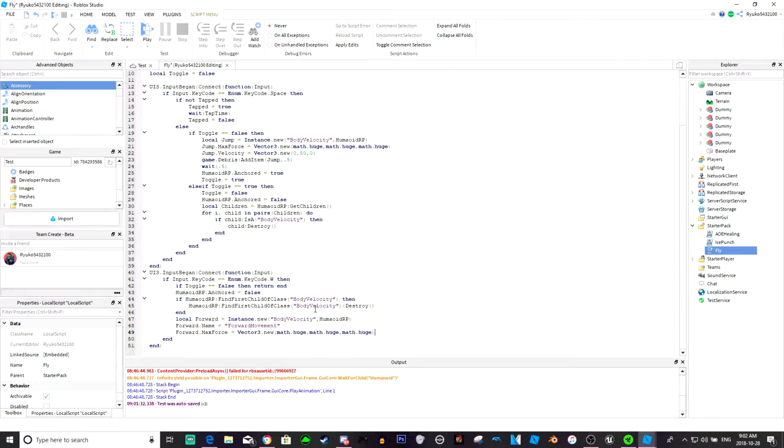So max force is infinite, and then what we're going to do is while toggle equals true, do